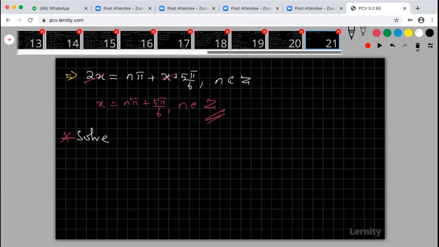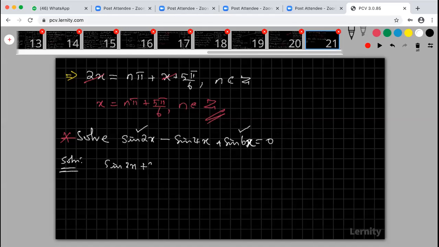Okay, so now look at that. Solve sin 2x minus sin 4x plus sin 6x equal to 0. This is a trigonometric equation. Sin 2x minus sin 4x plus sin 6x is equal to 0. Now I'm going to take sin 2x and sin 6x. So therefore sin 2x plus sin 6x minus sin 4x